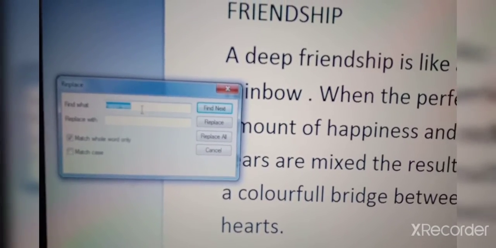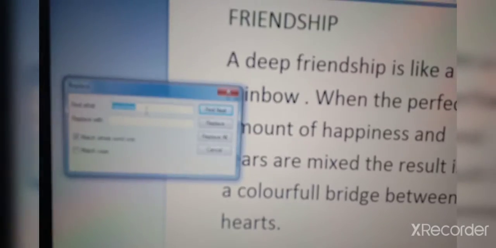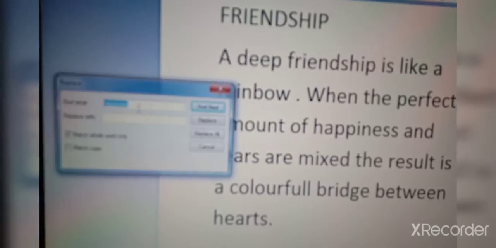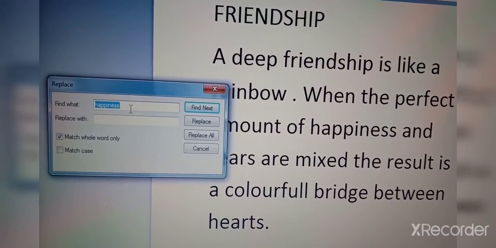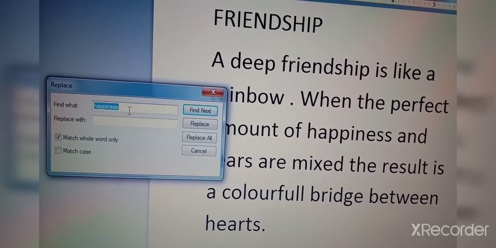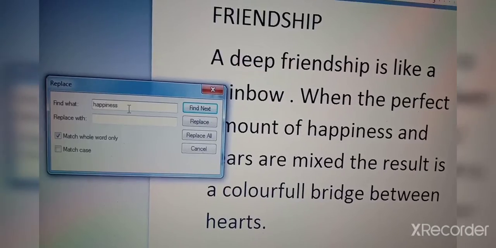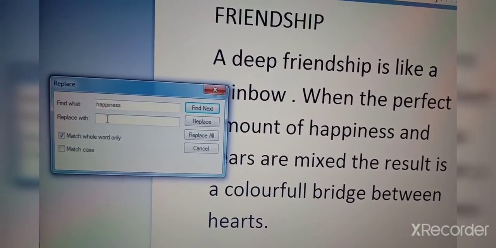Now here, you type the word which you want to find and which you want to replace it with. Find what: happiness, and replace it with joy.